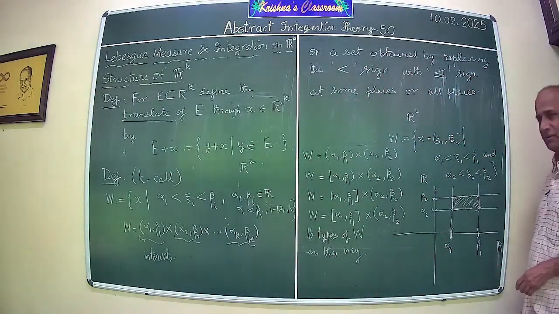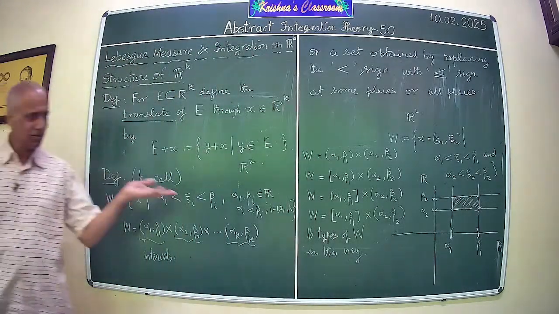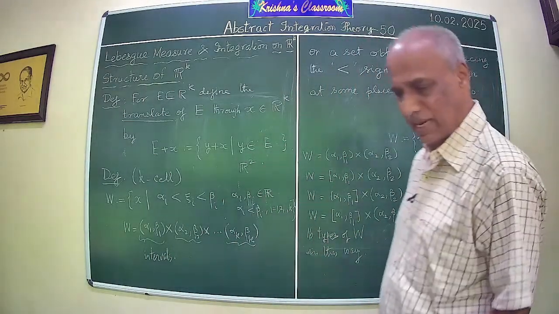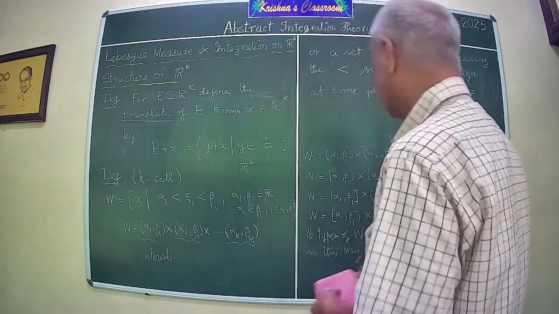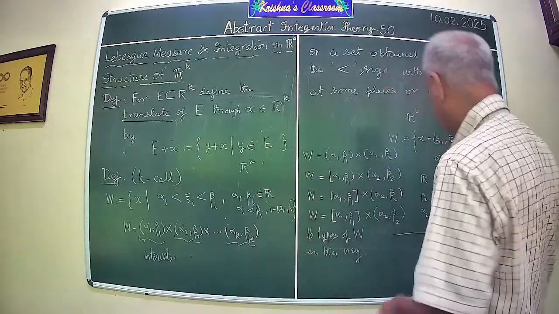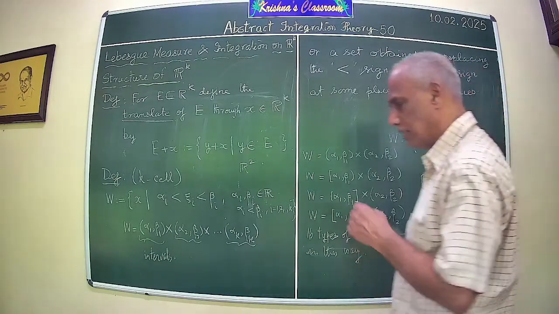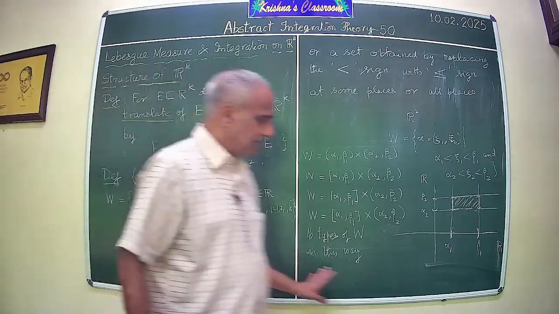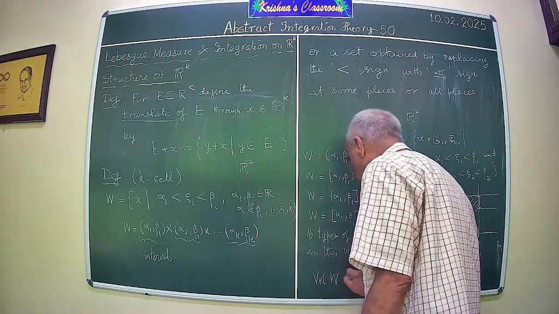That is in R2. When you work in R2, there are several possibilities, and you can combinatorially and easily work out the number of such W's. Anyway, that is irrelevant. What is the area enclosed by this rectangle? It is the length of this multiplied by the length of this. Whether the boundary is included or parts of the boundary are included or not, it is the same. Therefore, in all these cases, you have volume of W to be equal to